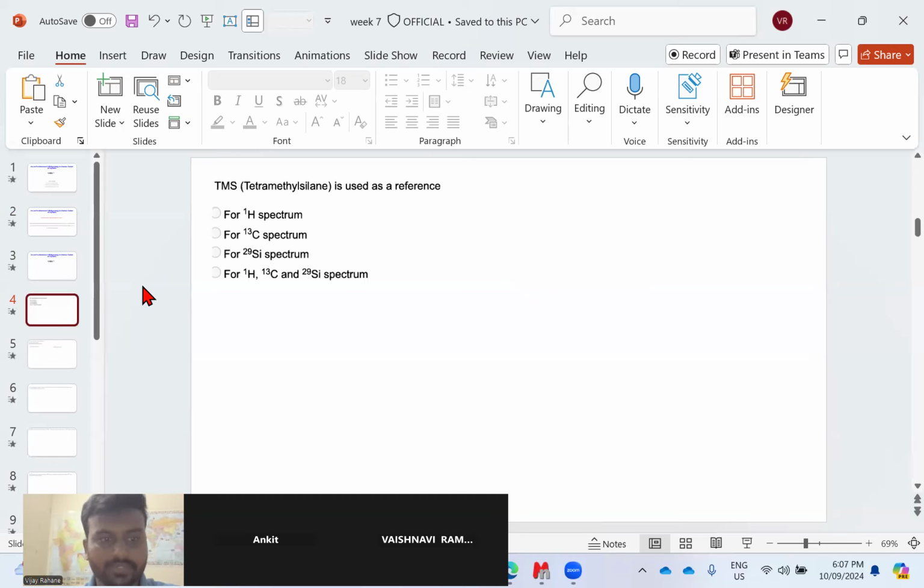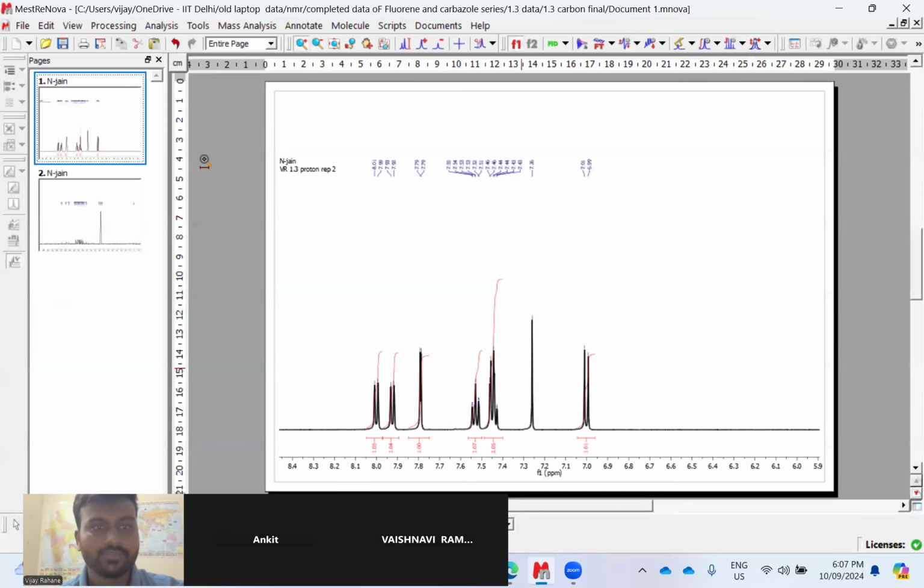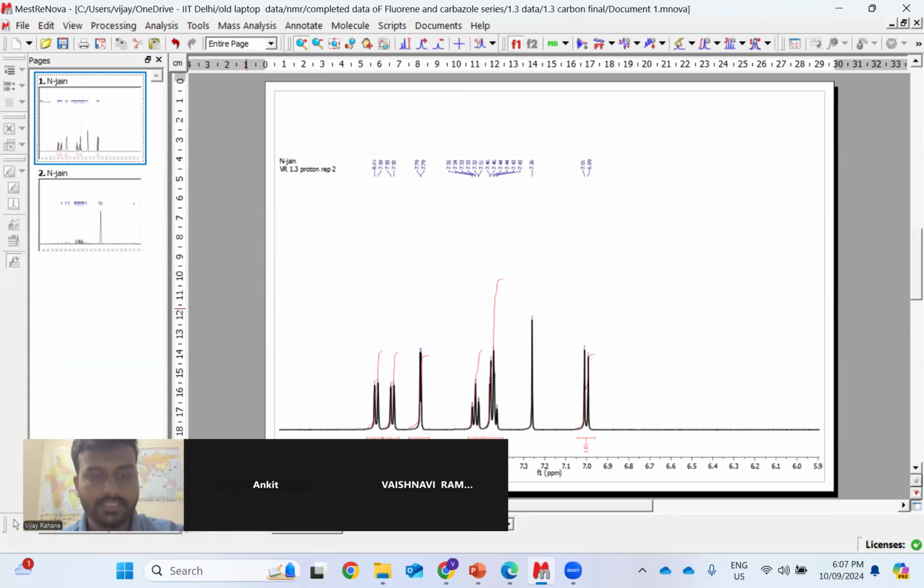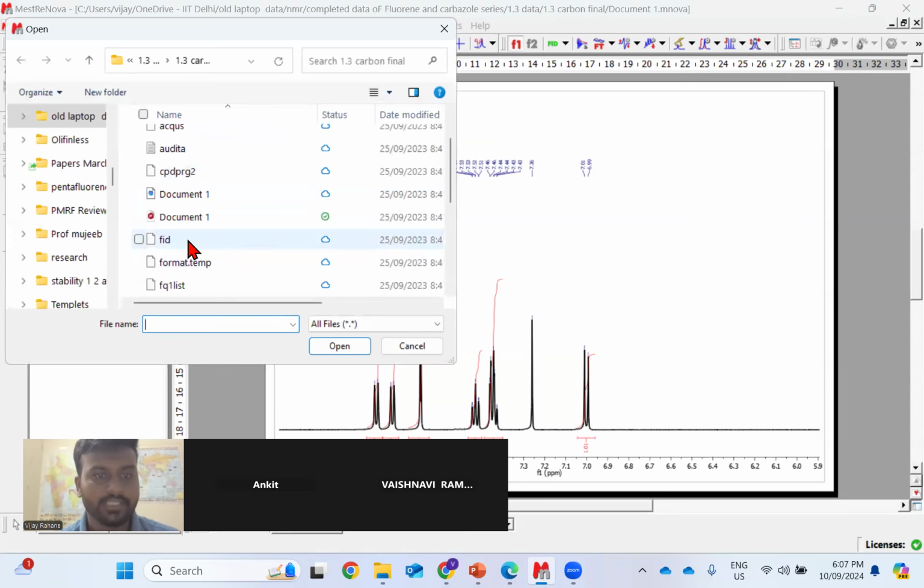In this week seven, we have almost covered all the topics in 1H NMR spectroscopy, and we are slowly moving to 13C NMR spectroscopy. So I will show you one 1H NMR spectrum, how it looks. I have opened the spectra in the MestReNova software, which people traditionally use for processing NMR data. If we take any NMR file, initially the file will look like an FID, and if you open the file,